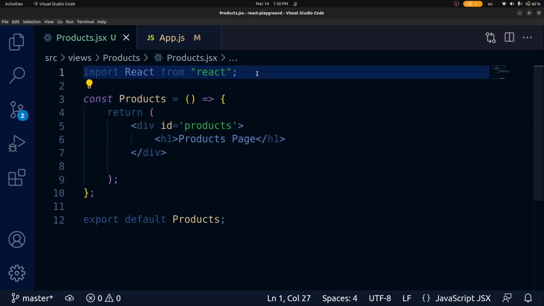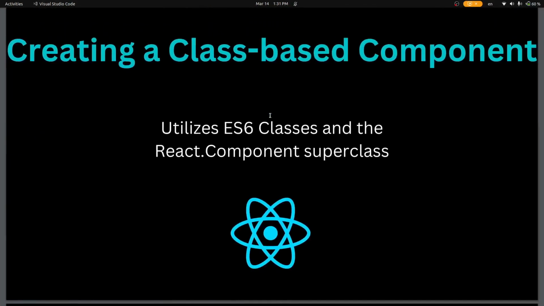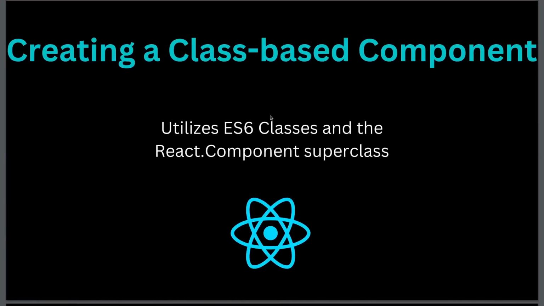Because with the React 17 update, instead of importing the React library, Babel now imports a JSX transpiler, so it does not need access to React.createElement. So that was just a small digression I thought was necessary. And the reason I bring this up is because when you're making a class-based component, you still need to import the React library. And we are going to see why in just a second as we learn how to make